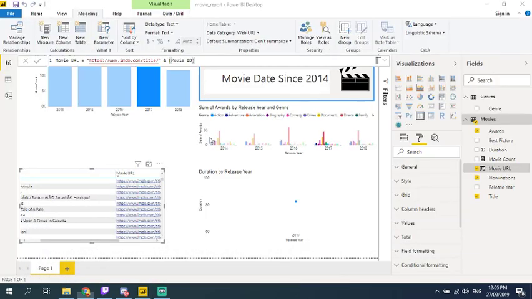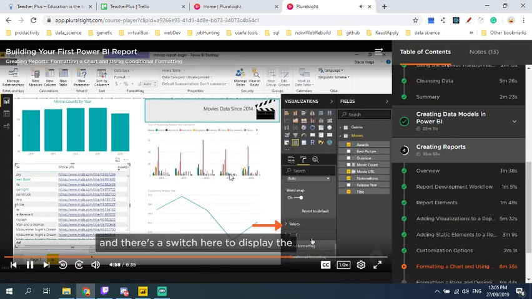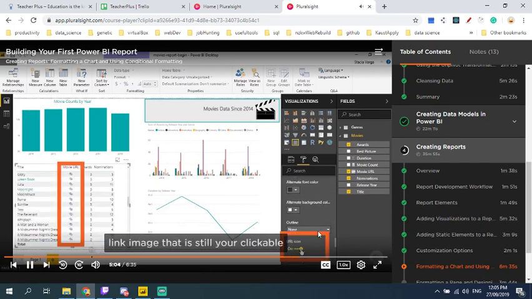Now, if you want to save some real estate here, instead of having a whole big long URL, you can go to your formatting, and there's a switch here to display the URL icon. So rather than having the entire string displayed, you can just have this link image that is still your clickable